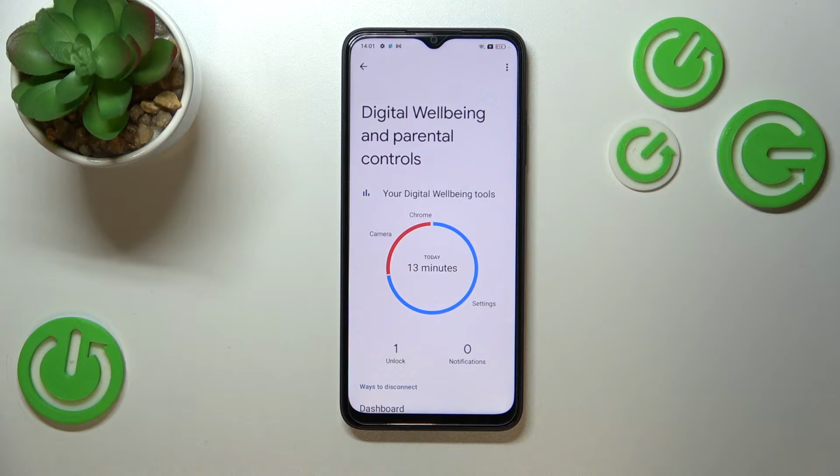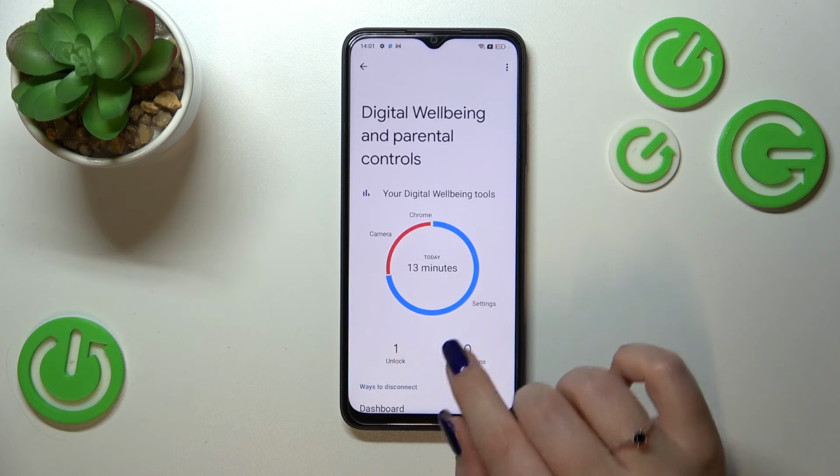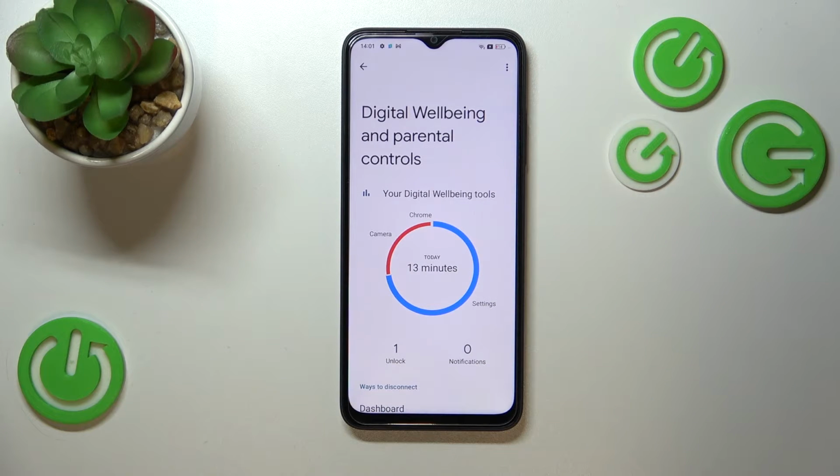so the parental controls. But coming back, after tapping on the well-being, your device will display this kind of graph, which will show us for how long we've been using this device today. You can see that I've been using it for 13 minutes, and most of the time I've spent on the settings. Here we've got also the unlocks and notifications count,